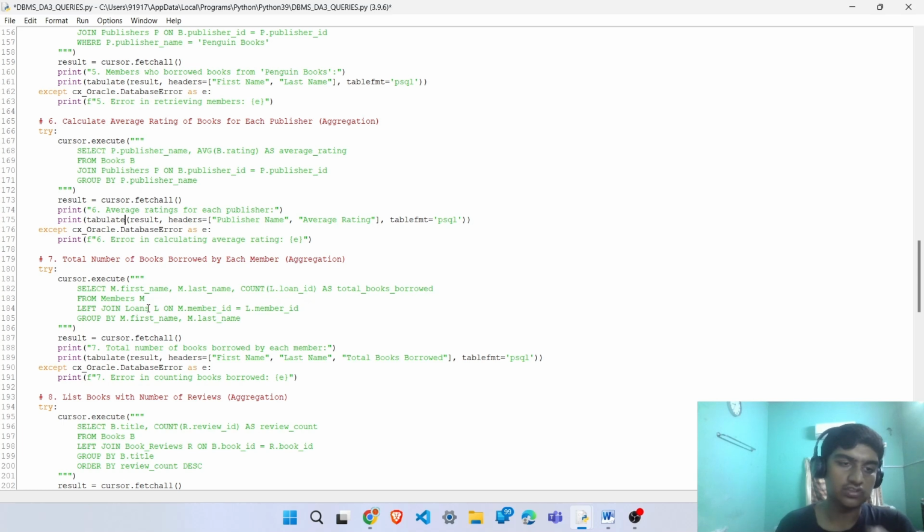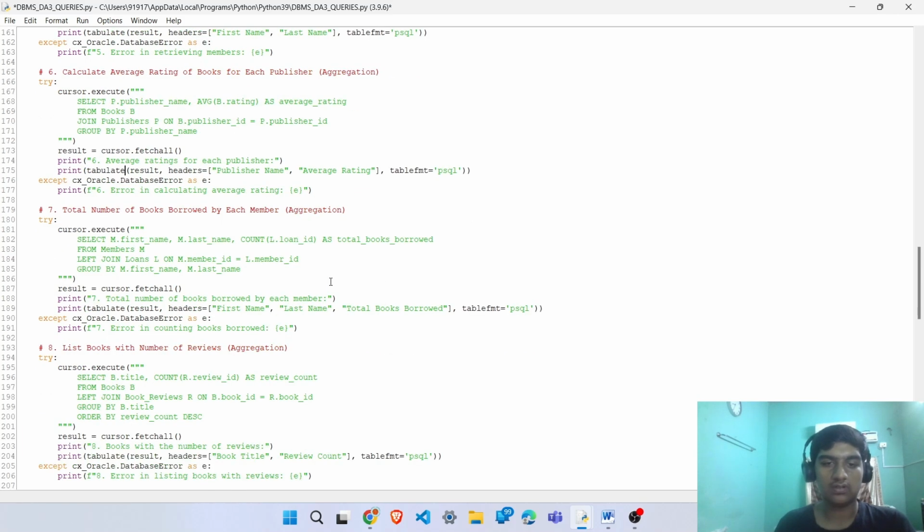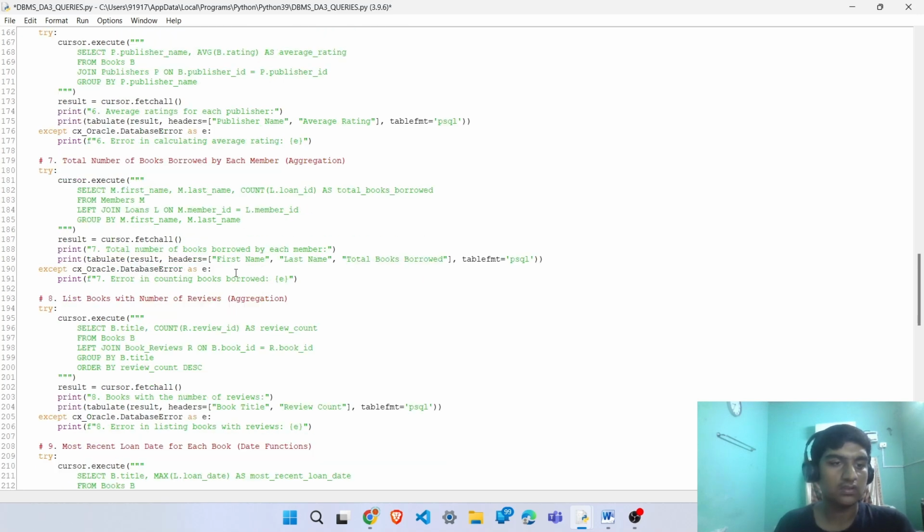We join members and loans where the member ID of both are equal, and the columns will be first name, last name, and the count of the loan ID as total books borrowed. This is the aggregation function we're using to count how much they have borrowed, and group by their first and last name. And then we'll return the output in tabular form using fetchall and